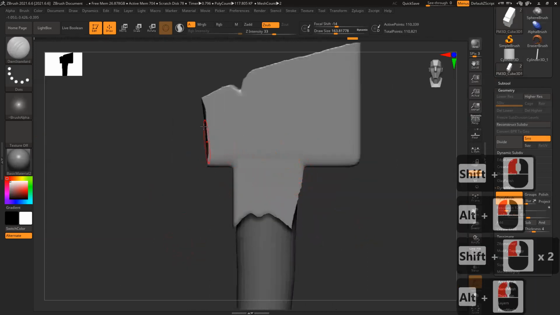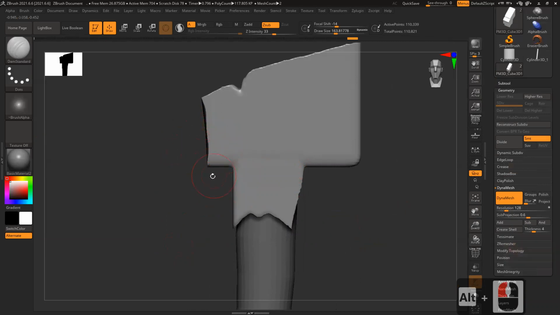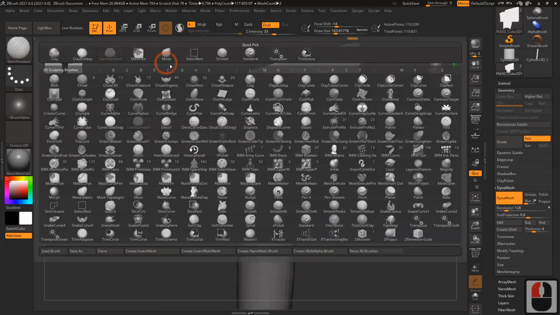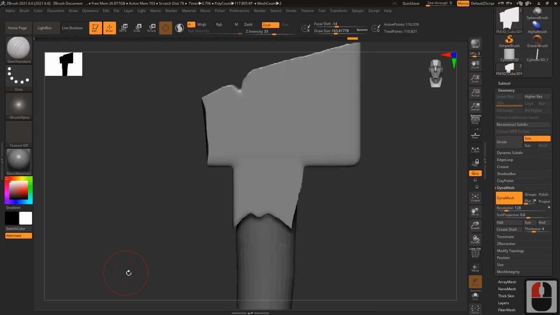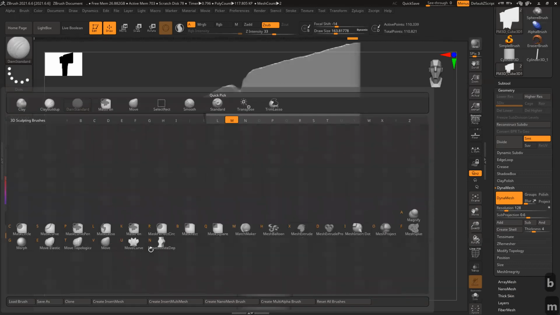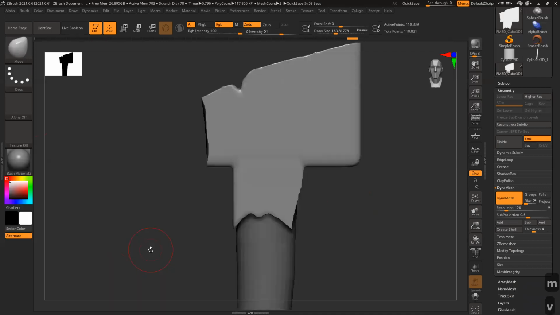Okay, so this angle, this thing, and now I want to go to the Move brush again. I can click the Move brush here. But for speed, what you can do is press B, then M for Move, and V is the shortcut for that brush. BMV. If you press it quickly, you can switch brushes very easily, like BCB, Clay Buildup. You can see the brush is changing.